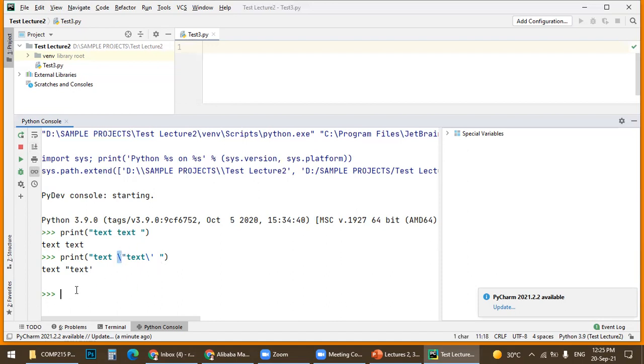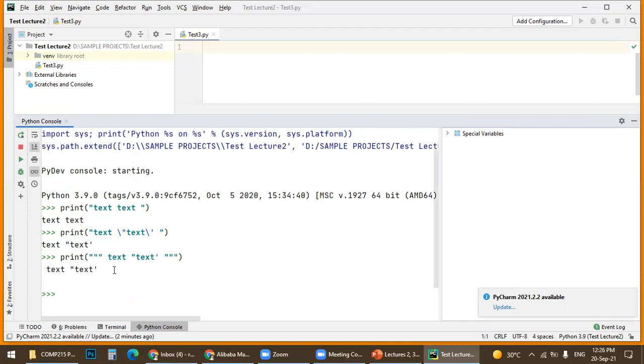But if I want to use this the same, but we don't use the backslash, I must put triple quotation here and end with triple quotation. This is unique in Python. So the same output will be, if I want to use the triple quotation, no need to use escape character. No need. Also, triple quotation can be